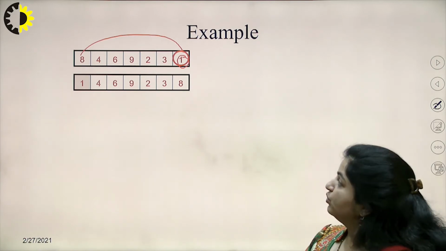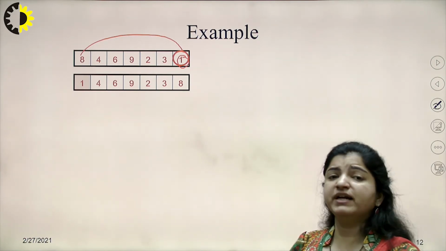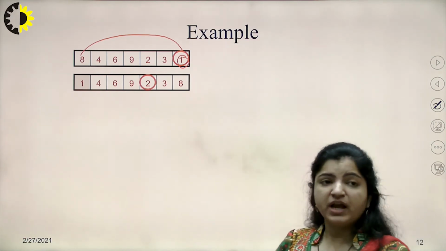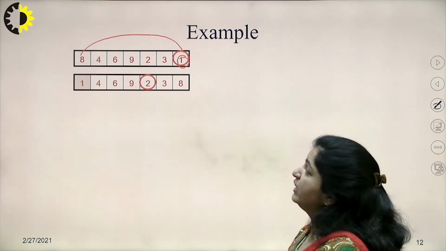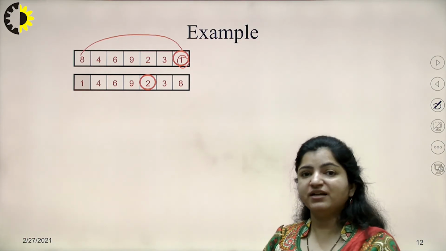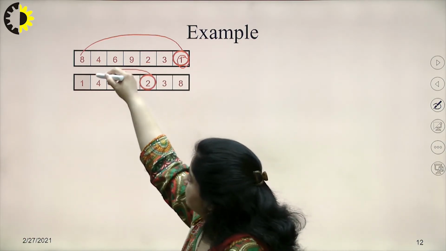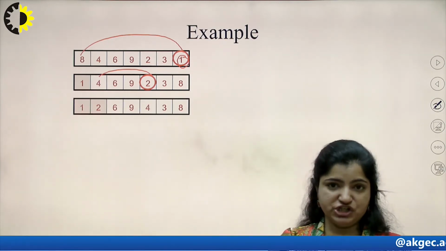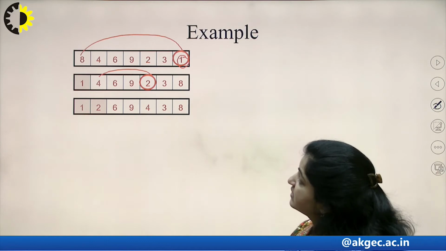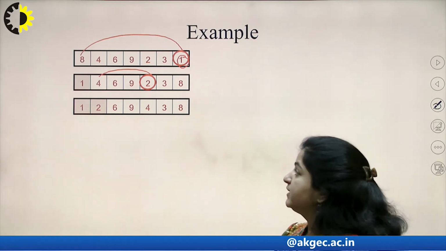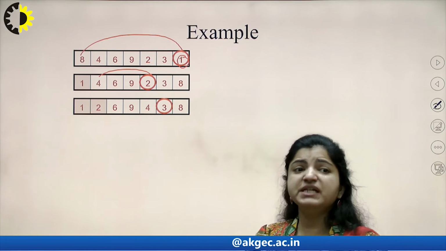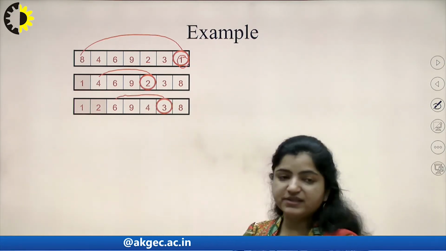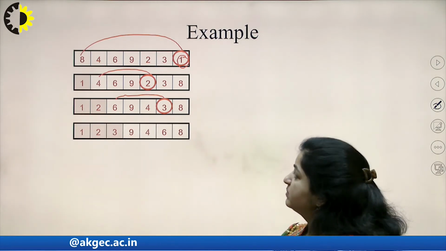Fine. So now again the next step, I'll find out the next smallest value. So the next smallest value here is 2, and then again I will exchange this value 2 with the second position in the array, like this 2 and this 4, they will be exchanged. So I'll get this array now after exchanging. Then again finding the next smallest element in this array is 3. So this 3 will be exchanged with the third position here, that is 6. So I'll get this particular array.